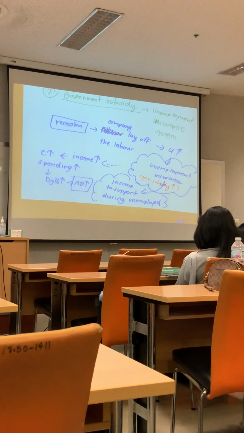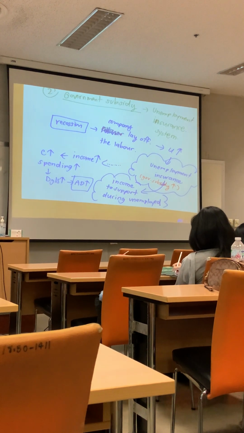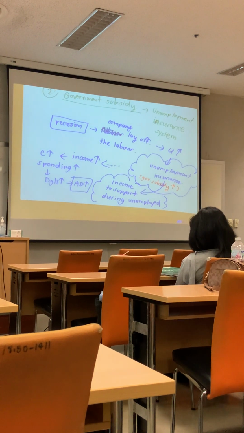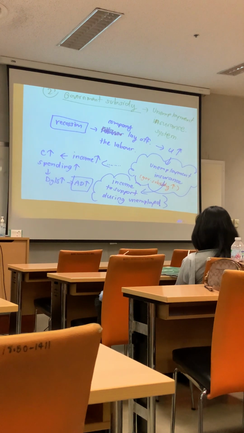So we have about 3 opinions, right? The first opinion is that we should use policy to stabilize the economy. Second opinion, we don't need to use anything. Third opinion, we need to use some systems. I think which opinion is good depends on the country's economy. In my opinion, if you are a developed country,